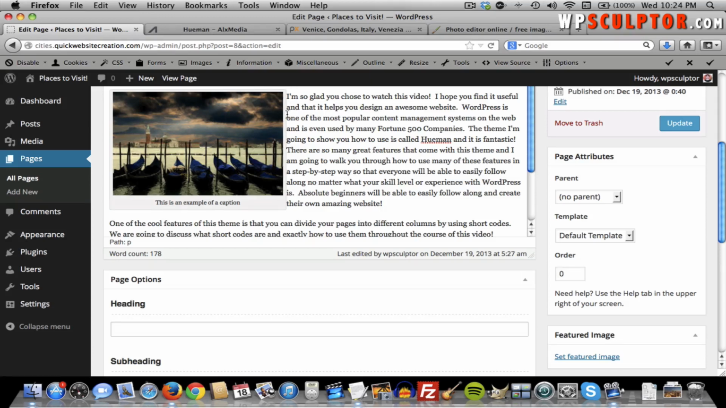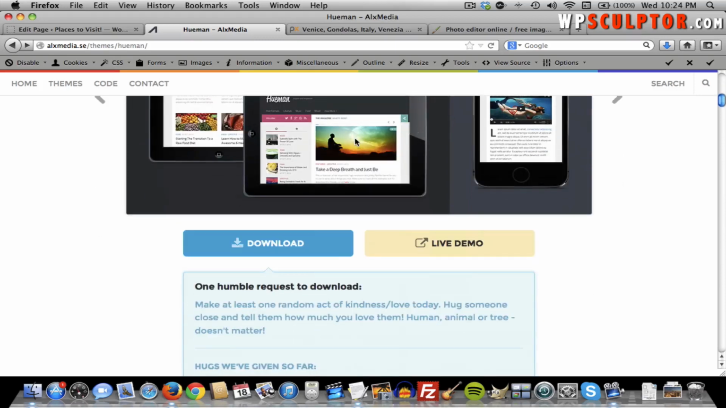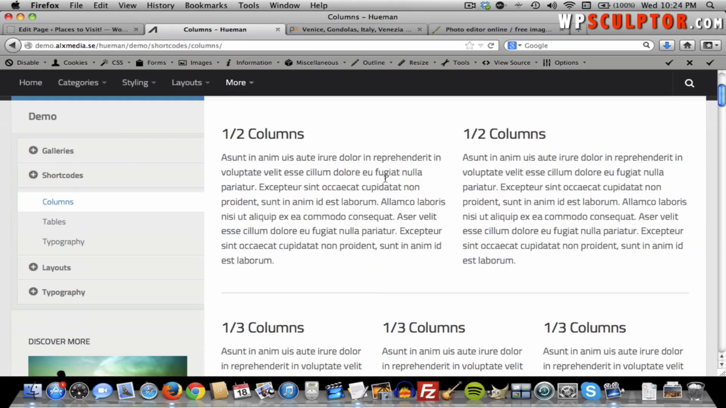And to see a list of all the column shortcodes that we can use for the Hueman theme, we're going to go to the Hueman themes website, and we're going to scroll down, and the same page where we downloaded it, except this time we're going to look at the live demo. Click on that, and then if we go to more and then click on columns, you can see all these different column options